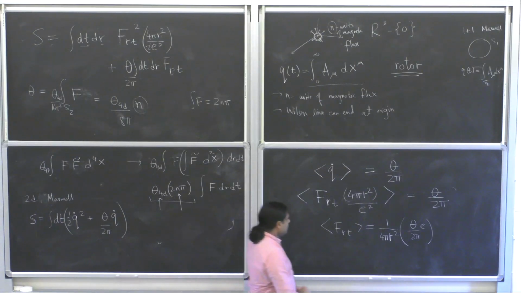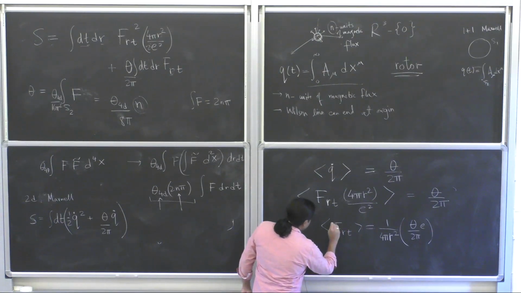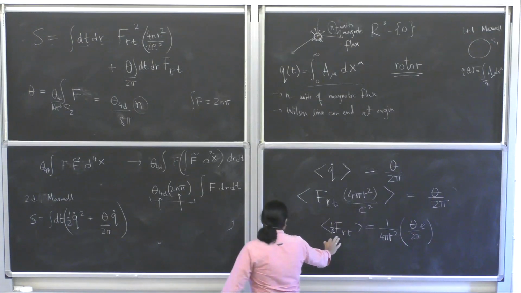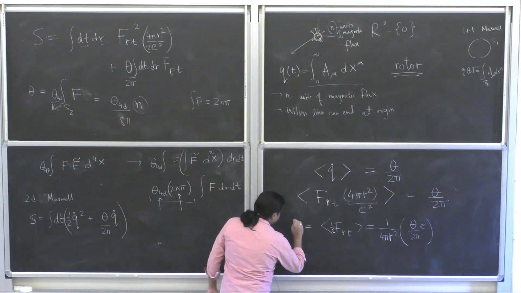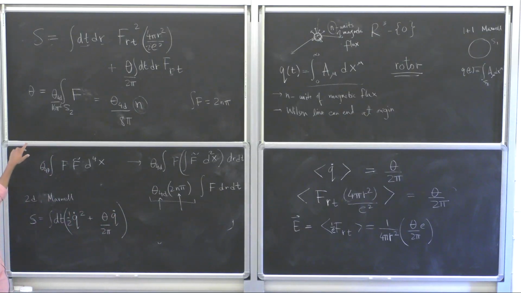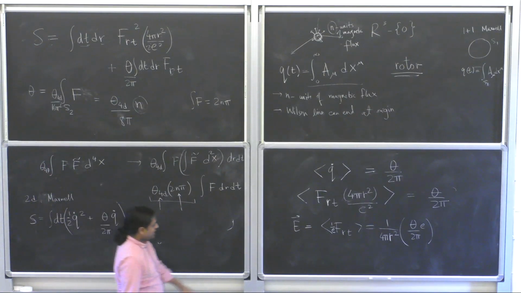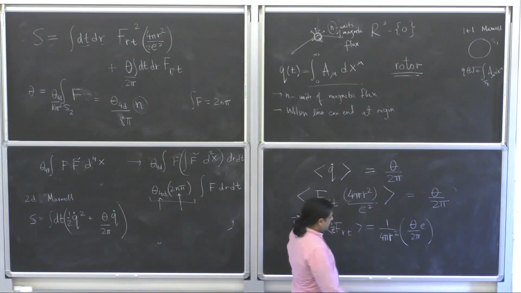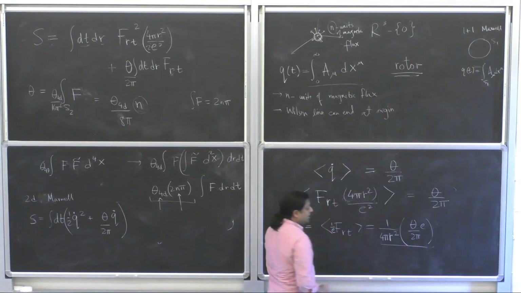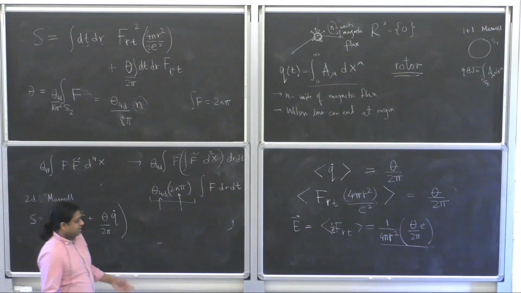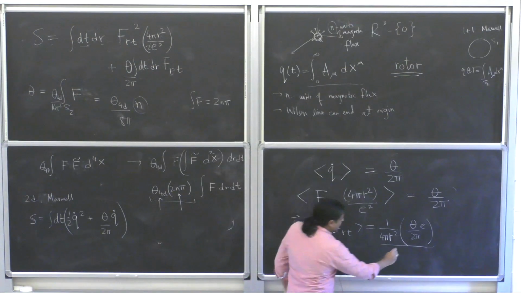There's a factor of e: the classical electric field is really 1 over e times F_RT, because we're not really using canonical normalization for the electric field. Barring the factor of 1 over e, you see that this quantity looks like a 1 over r squared electric field sourced by a charge, which is equal to